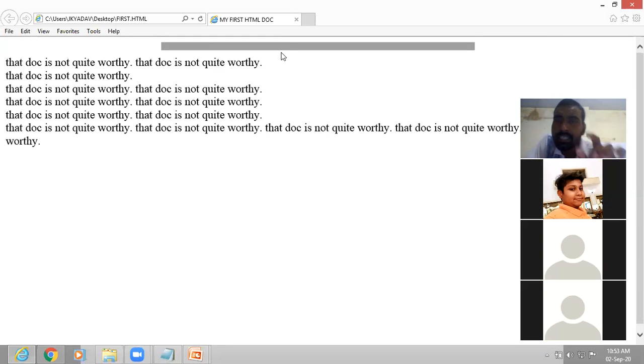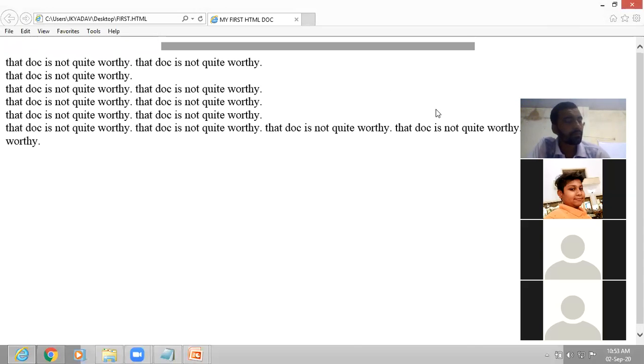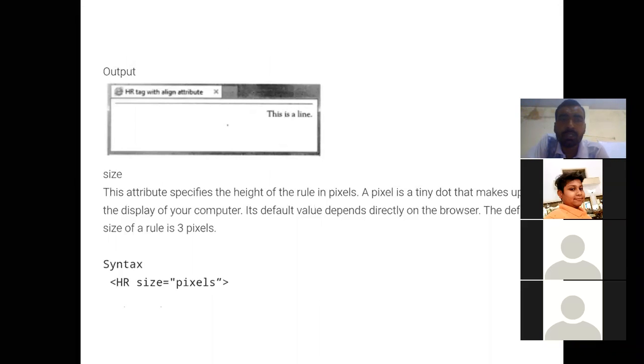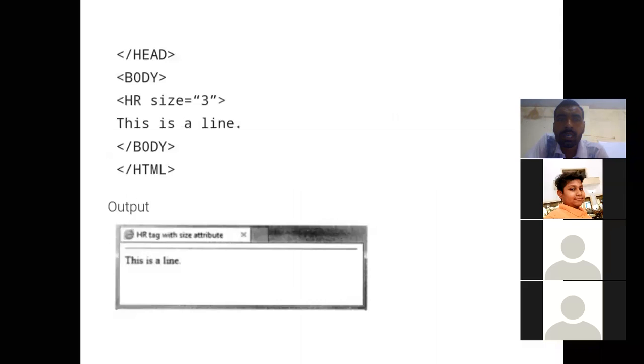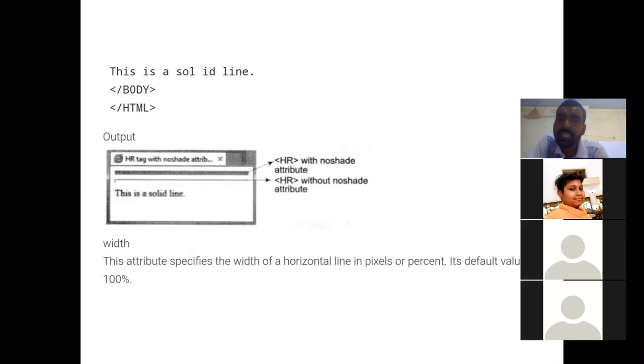Now you can see a 2D line, means a line without 3D effect, and it is called a solid black line. Have you all understood? Yes, sir. So here we have covered the align attribute, size attribute, then no shade attribute, and then width attribute also.